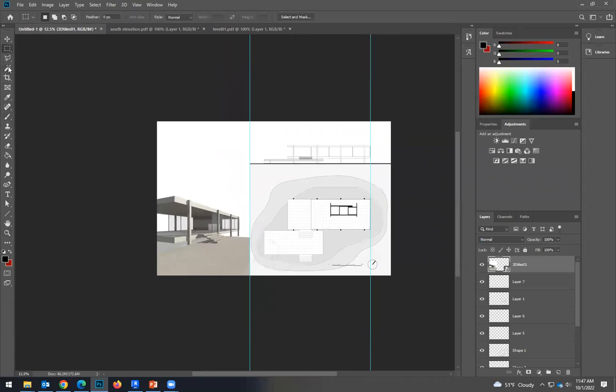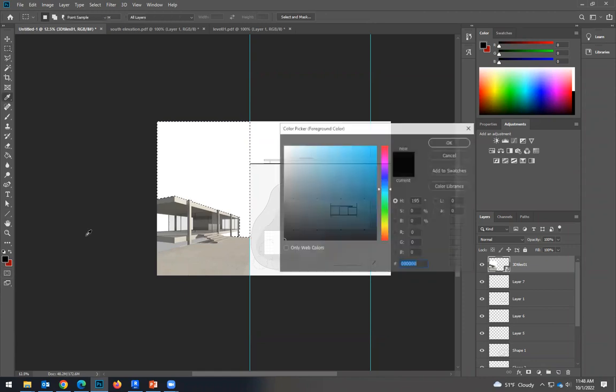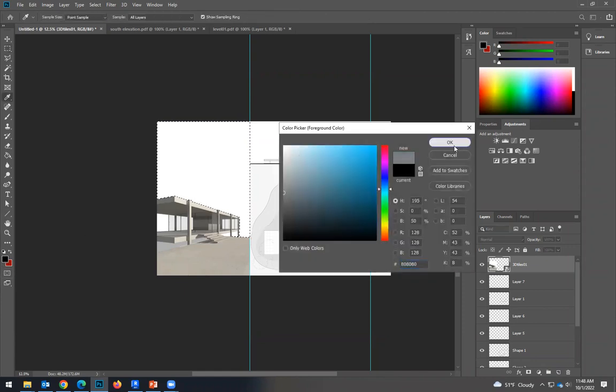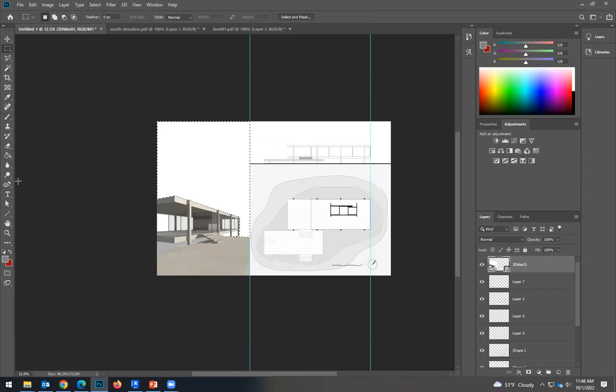If I want to select now the sky of this picture, just by creating a gradient, even better, I will use the same color. I'm going to pick this color for the sky. And then if I use a gradient here,